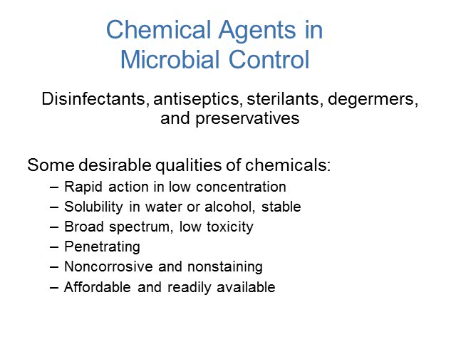It's better if the chemical we're using is soluble in water or alcohol, which makes it a little more stable, and it's easier to work with. We want chemicals to be broad spectrum, which means that we want the chemicals to kill a wide range of microorganisms. But we also want it to have low toxicity to humans or other animals. We want the chemical to be penetrating, we want it to work really well. We don't want it to be corrosive or staining, so we want to be able to use it on equipment,